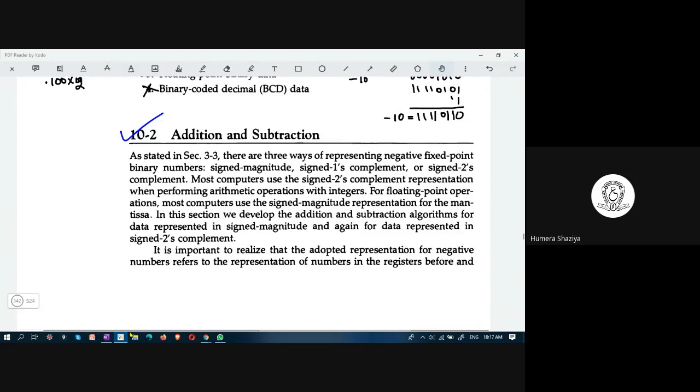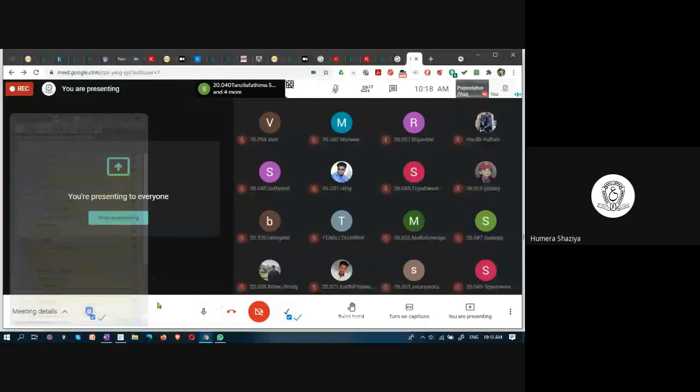All right. Here there are 3 ways to represent negative numbers. What are the 3 ways? We studied 2 ways. Can you tell me the 2 ways which we studied now? How did I represent minus 10? Students, please respond. Any one of you, please tell me, how did I represent minus 10? In 2 ways I represented. Tell me the names.